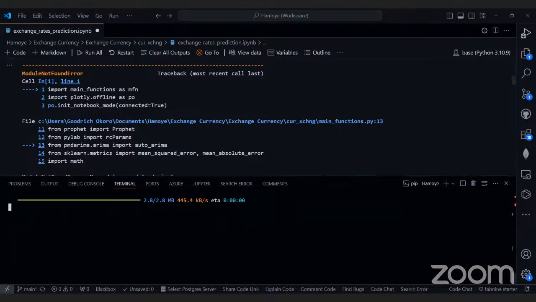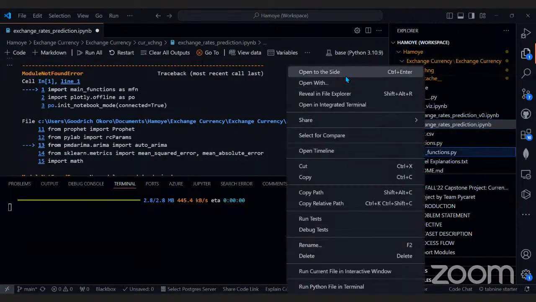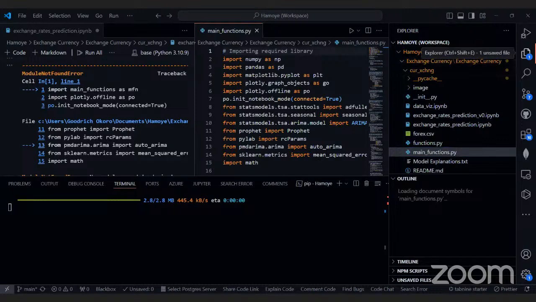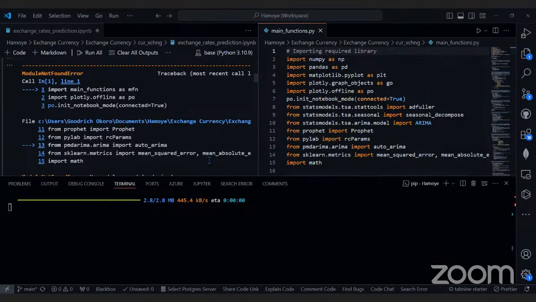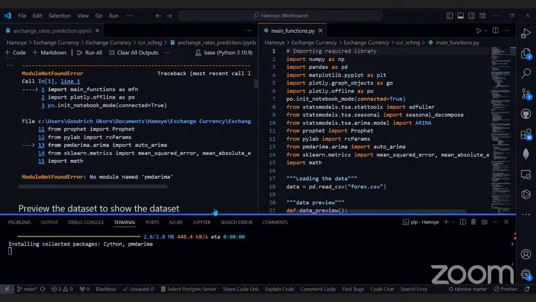While it's installing, let me show you what the main function looks like. It's actually a module, a script that contains most of the functions we needed for the project. The plan was to make our work neat and clean, even though maybe Hamui may not have the time to go through this stuff.